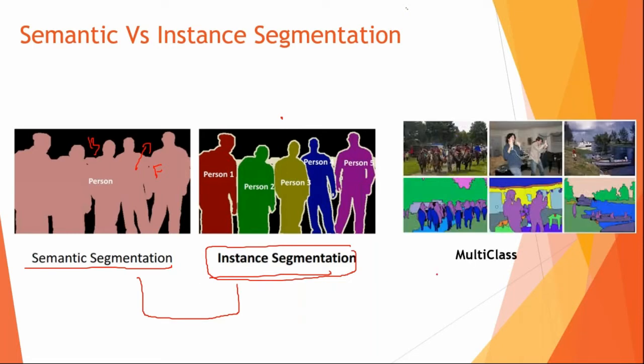This is basically for natural images, where you start working on multi-class segmentation, where you want to say this is a person, this is the wall, this is the ceiling, table, and all that stuff. But this is more for natural images. For medical images, mostly it will be towards semantic segmentation, where you try to detect a lesion as close as possible to the ground truth annotated by the doctors.